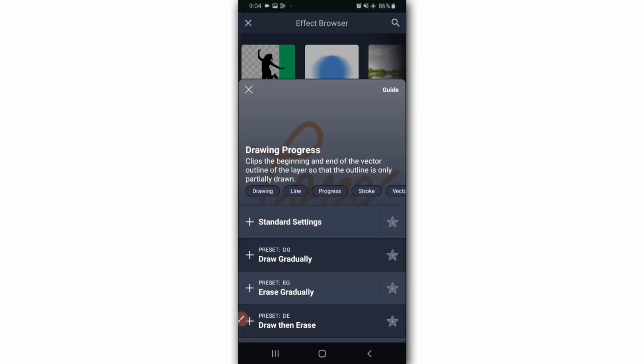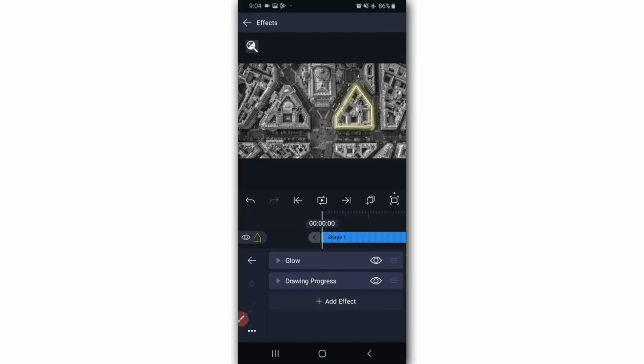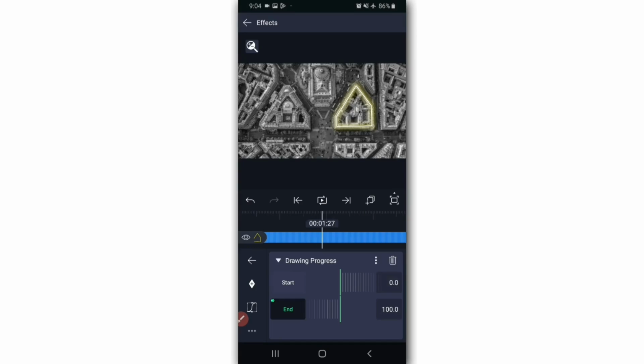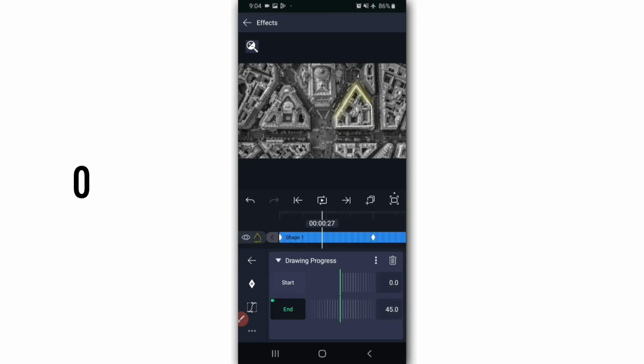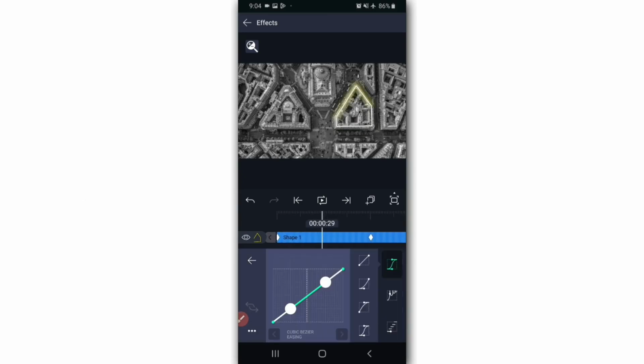effect. Then click on standard settings, click on end, then put a keyframe at the beginning and then come a little bit forward like 2 seconds and come to the first one, keyframe, and then the value has to be 0 at the middle part of the 2 keyframes. Select this graph from the graph section,